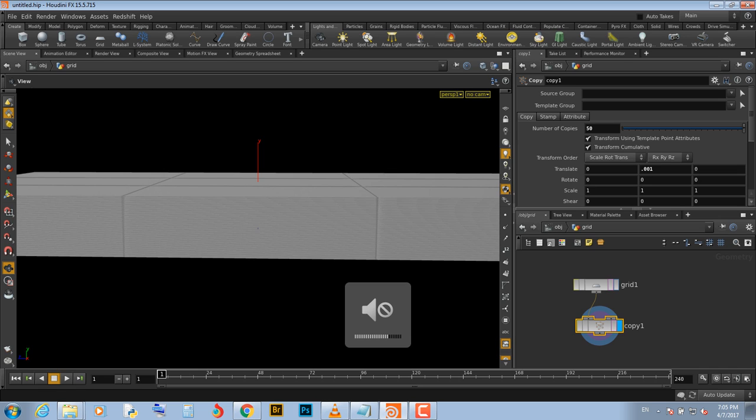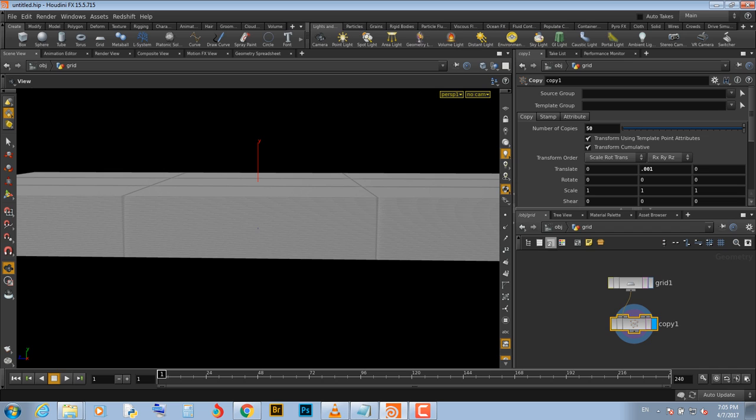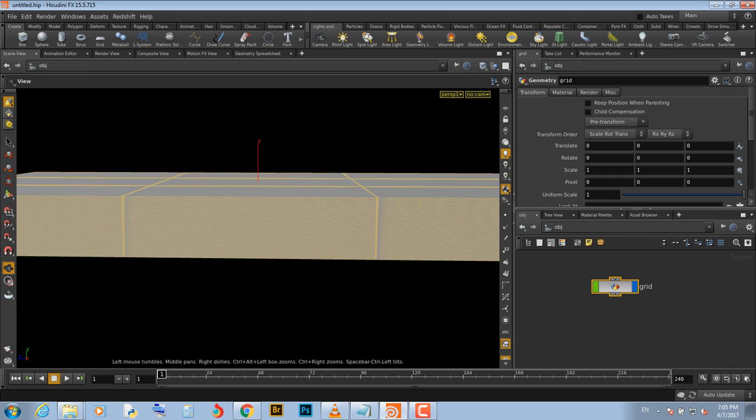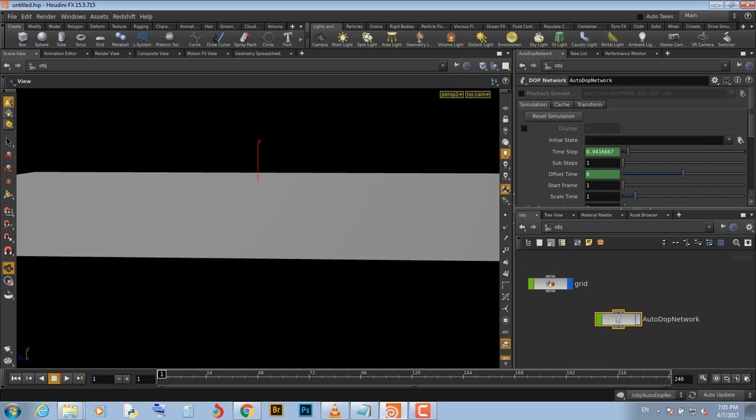So what I'm gonna do is go outside on the object level. I'm gonna create a new dynamic operator. I'm gonna click here on this little pattern. I'm gonna go create new simulation. So it's create an Autodop network, and then I'm gonna select my grid,